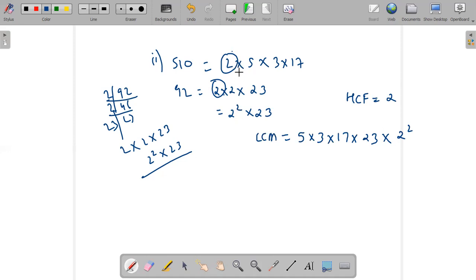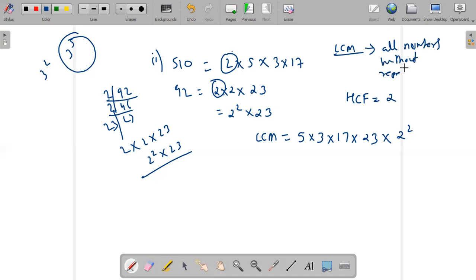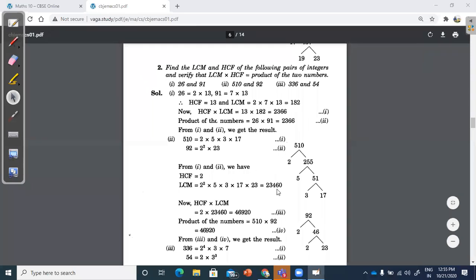Okay, if you are having, let's say, 3 square and 3 to the power 5, you are going to take 3 to the power 5, not 3 square. So LCM is, you can make a note of this: all numbers without repetition, no repetition of numbers allowed, in highest powers. So that means if you are having a 2 and a 2 square, you are not going to write 2 and 2 square both. You are going to write only 2 square. And now when you multiply this, you are going to get the LCM as